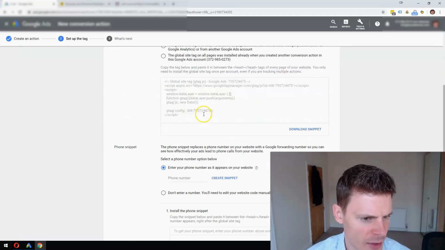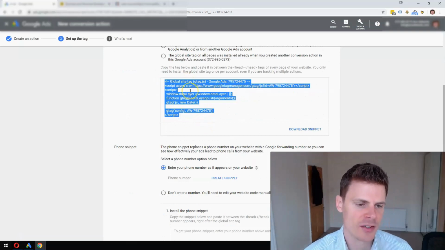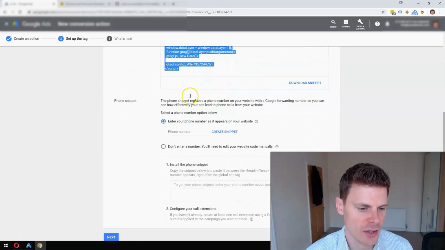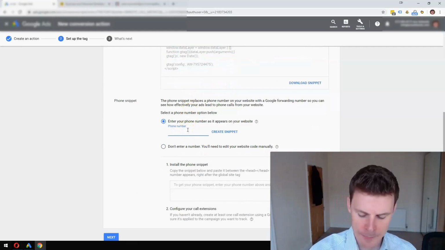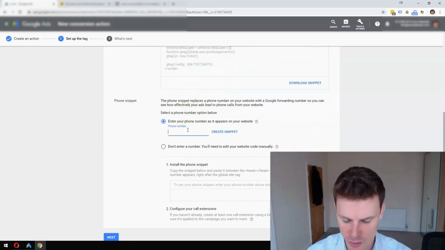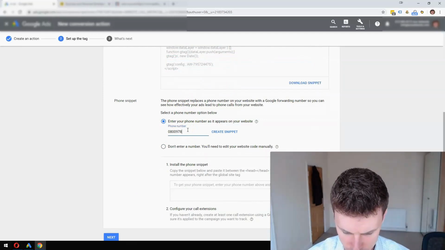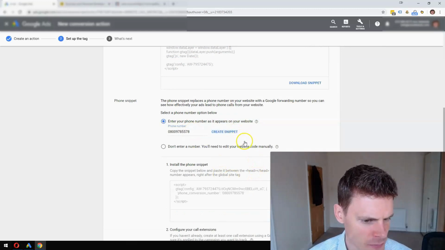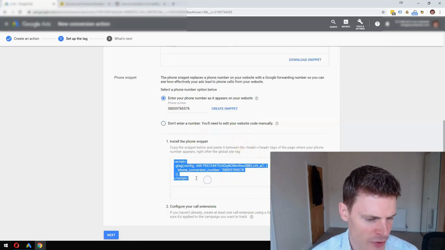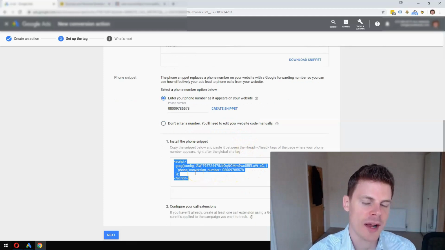Install the tag, and then again you've got a global site tag. You may have already added this if you've set up another conversion action. Otherwise you can add this in, and then what's useful here is you can put in your phone number and it'll add it automatically to the script. So we're just going to type in a dummy number here and create snippet. This will create the snippet that needs to go again just before the closing head